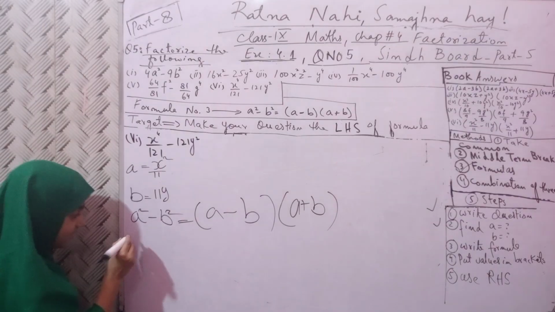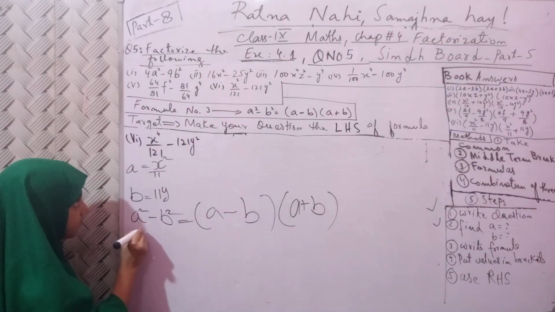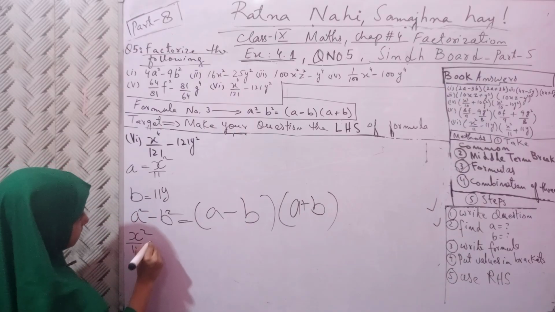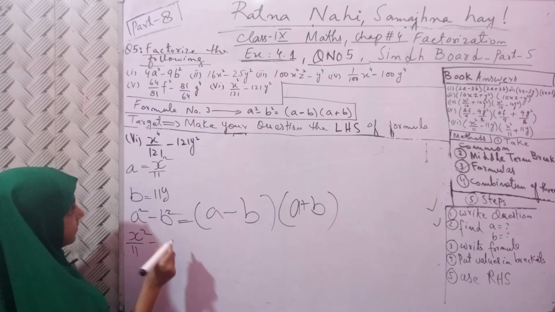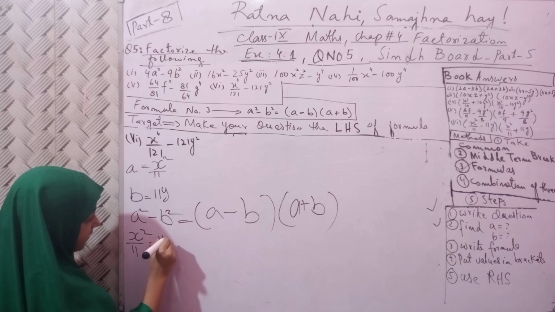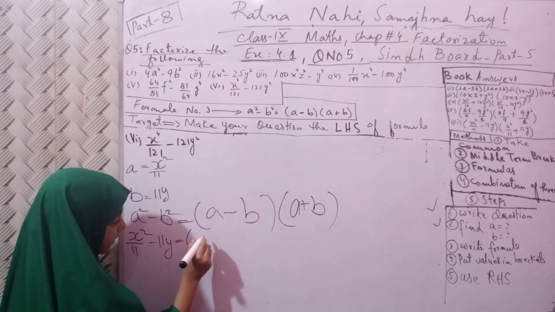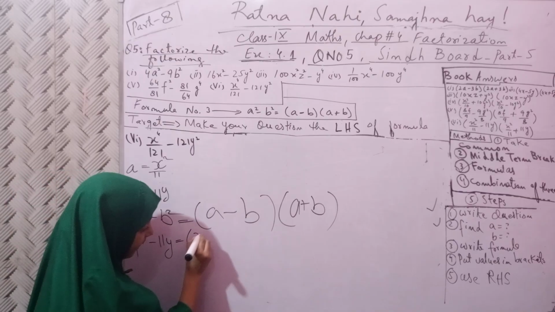Done this. A means x square 11, minus sign. B means 11y is equal to bracket a means x